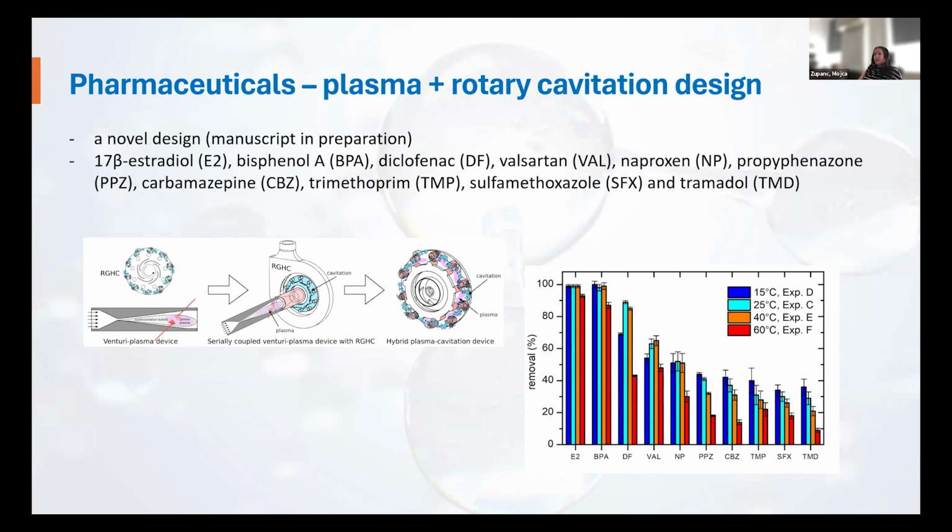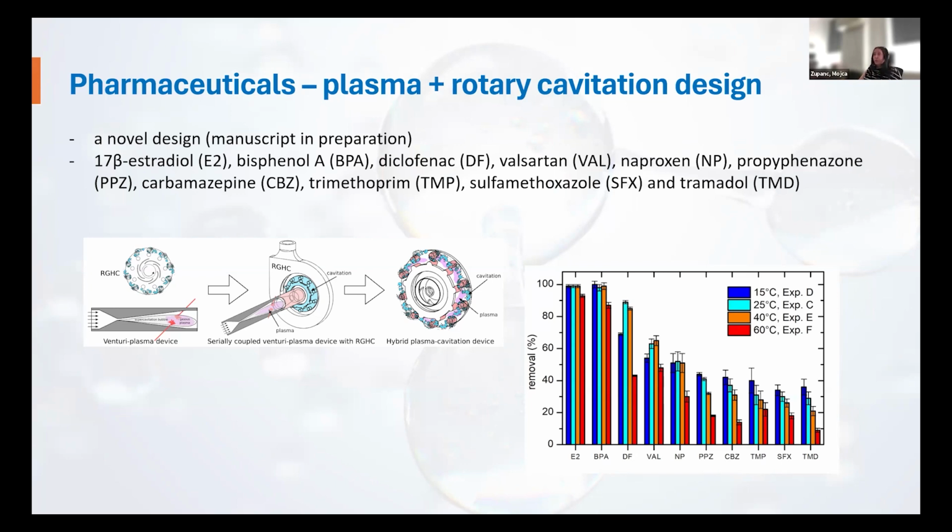In this novel design, we added some new pharmaceuticals, and a few of those pharmaceuticals are included in the watch list and are very critical environmental pollutants also in very low concentrations, namely estradiol, bisphenol A, and